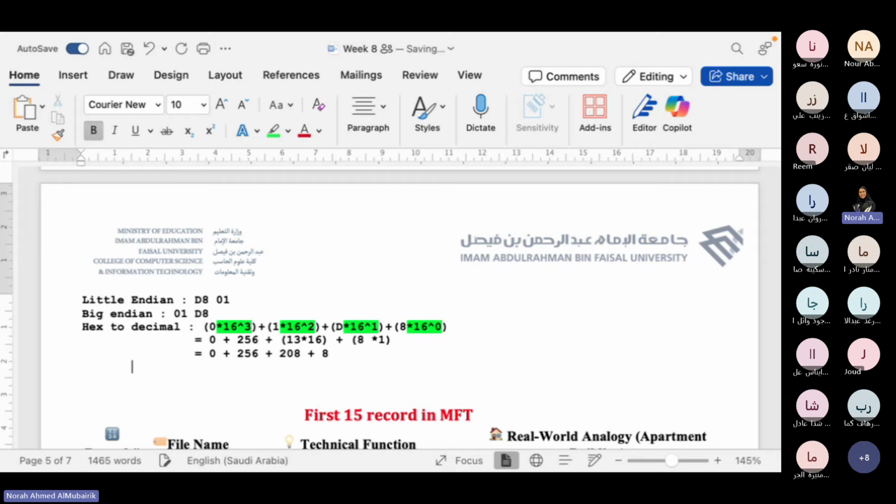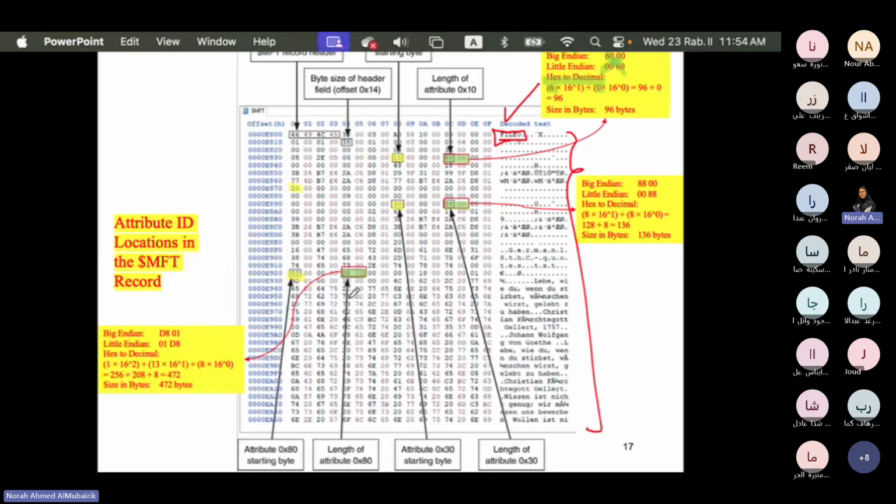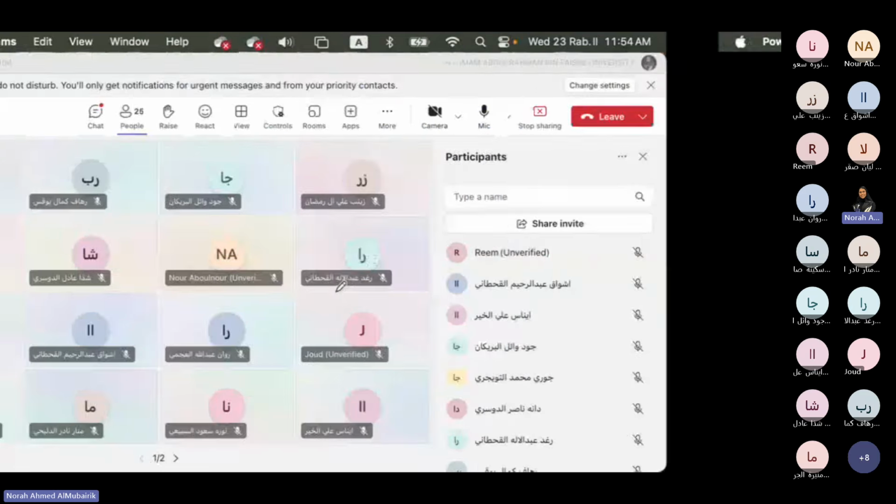So how much is it going to be at the end? 472. What is this 472 bytes? So what does that mean? Let's go back to this example. This means that this file,